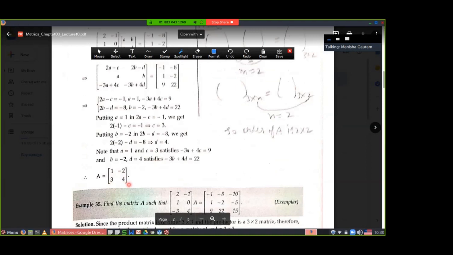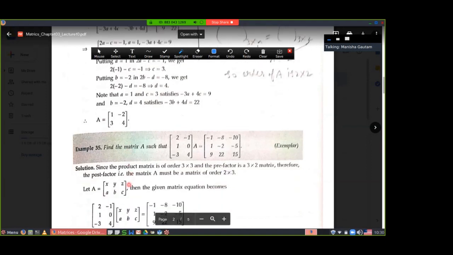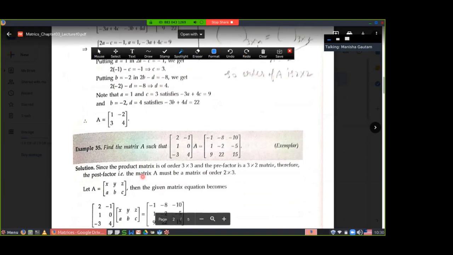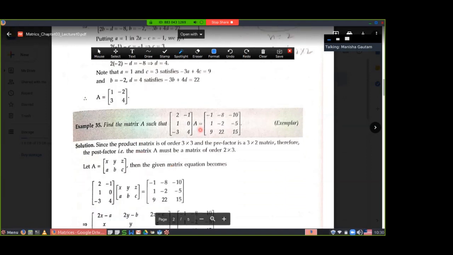Okay. Now come to the next. Find the matrix capital A. Again, it is post matrix of the given matrix. You have to calculate what type of matrix you have to take. Same procedure will be done as in previous examples. Find out the matrix A of which order. Calculate it. Here it is written, it is of order 2 rows, 3 columns, 2 by 3 matrix.